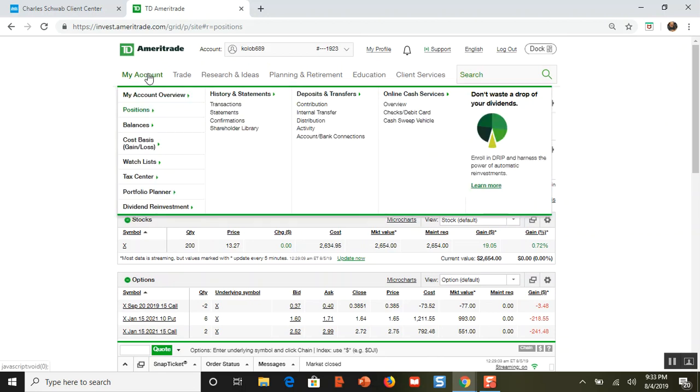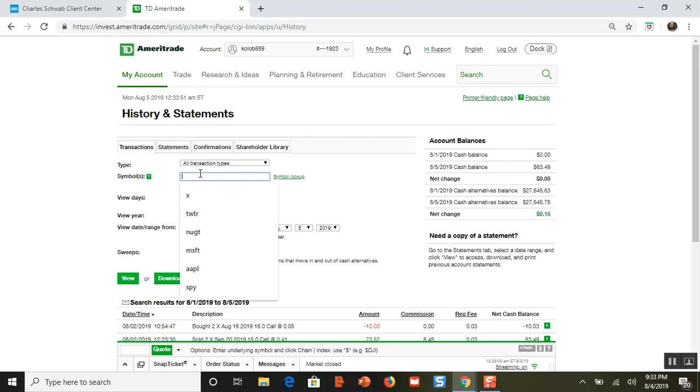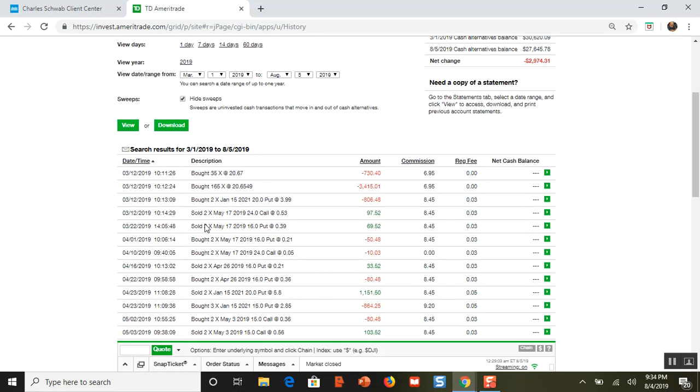And let me go to my transactions so that you can see where all the fun is, and let me put in ticker symbol X, and let me go all the way back to March, and this will show everything here. So here's where I first entered into all of this nonsense, and I bought 200 shares of Steel, and the reason why you see 2 separate orders there is because of a mouse click. I accidentally canceled the order, but 35 shares got filled, and so that peeved me off, but it is what it is. I got the 200 shares, and my dollar cost average is